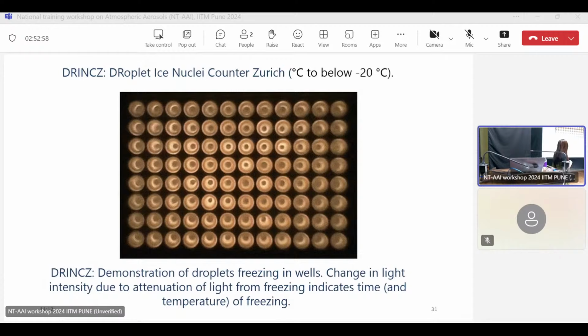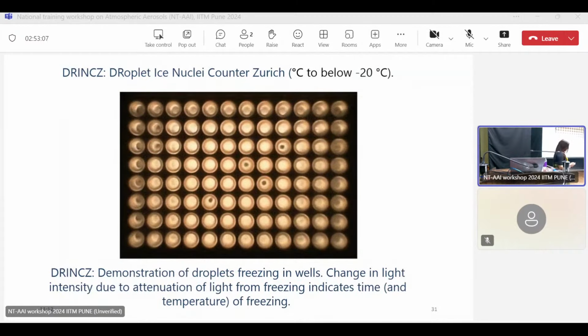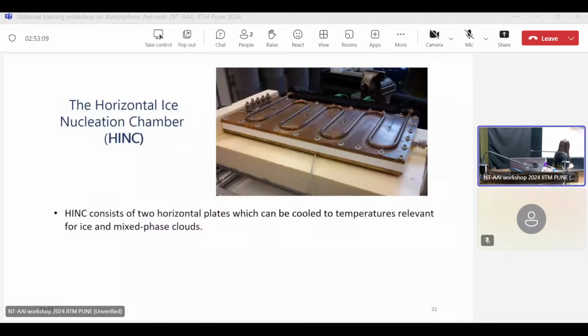A demonstration of droplets freezing in wells can be seen here in this picture. The change in light intensity due to attenuation of light from freezing indicates the time and temperature of freezing. This is another instrument, called the horizontal ice nucleation chamber, or HINC. HINC consists of 2 horizontal plates which can be cooled to temperatures relevant for ice and